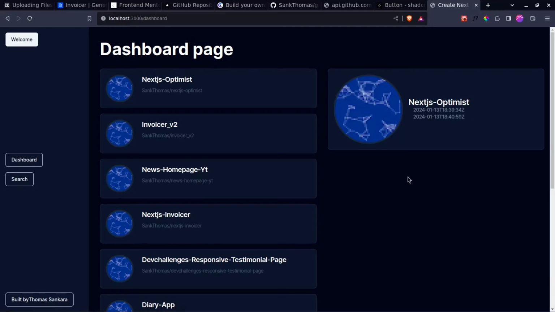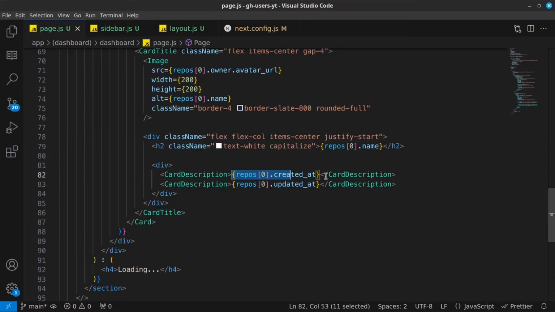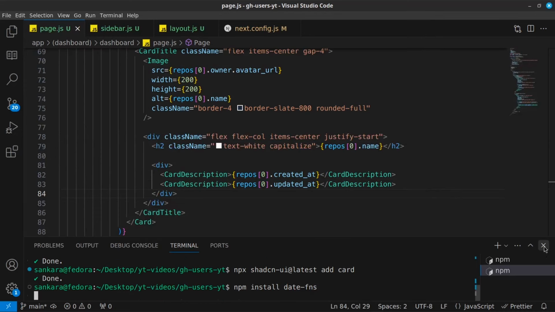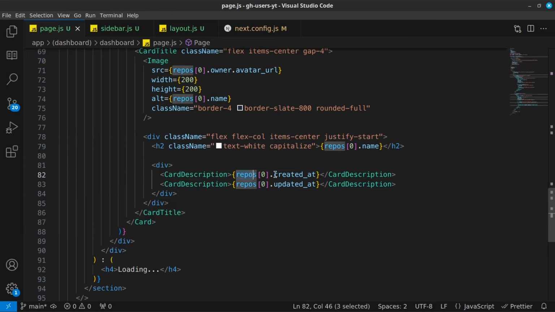There we go. Fantastic. And now, in order to format this, we're going to be using a package called date-fns. So we need to go ahead and open up our terminal once again, and I'm going to say npm install date-fns. And then from date-fns, we're going to be using a function called format. So we're going to cut this out, and then we're going to say format, and we want to format new date, and then pass in our